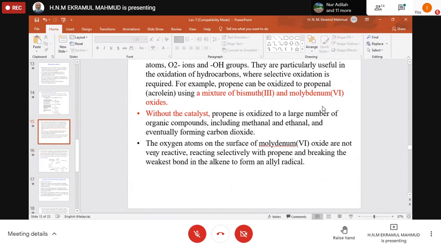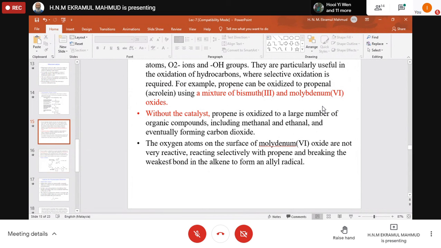These oxides are not very reactive. If it is very reactive, it doesn't want to leave the catalyst surface. We do not want that. We want it to be moderately active, in between, so that it will work as a catalyst and later leave the catalyst surface. That means depending upon the catalyst, we can control this reaction.